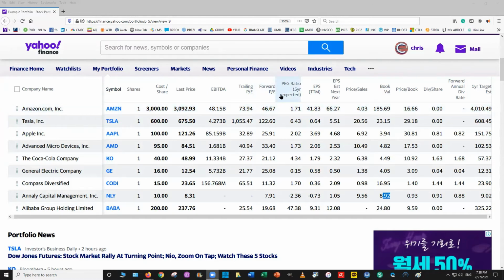The PEG ratio is something people look at. Lower is better. Now, the lowest one here is General Electric. They're expecting in 5 years that General Electric will get itself back on track and start making a lot of money. So anything under 1, a PEG ratio looks really good, but this is a 5-year expected. So I tell people, if we're going to do growth, look at the future growth. How much can they grow their income really in the future? How much more money can they make? And then look at their PE, right?